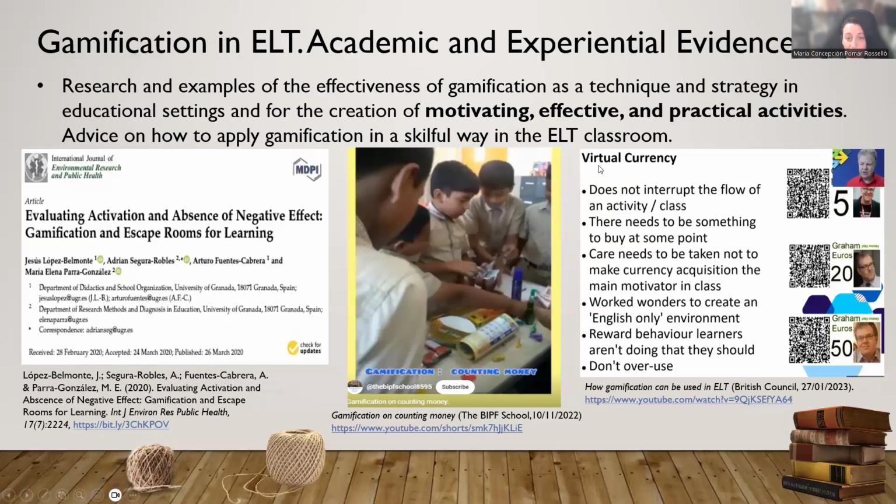Okay, for example, using virtual currency, and it says it does not interrupt the flow of activity in class. There needs to be something to buy at some point when you design this game. Care needs to be taken not to make currency acquisition the main motivator in class. So there has to be other rewards, for example, for good behavior, for humanistic attitudes rather than greed, or wonders